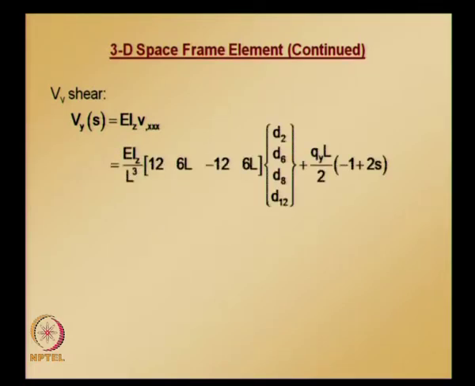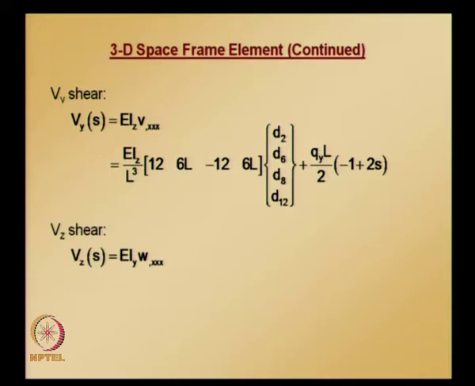Again s is equal to 0 corresponds to node 1, s is equal to 1 corresponds to node 2, is given by this. And you can see the second part in this equation, it is a correction term for fixed end solution. Here the correction term that is shown in this slide is corresponding to uniformly distributed load case. If it is some other load case, we need to use the corresponding fixed end solution for shear,